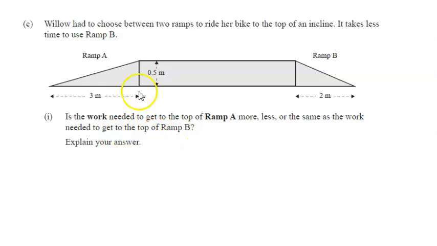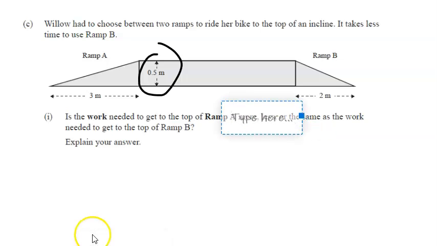Well, in both scenarios, we've got a 3-meter ramp and a 2-meter ramp. They both have the same vertical incline, so they both go up 0.5 meters. So because effectively the gravitational potential energy of the bike will be increased by the same amount in both cases, it doesn't matter which ramp you use, the same amount of work is required to lift the bike. So we'll say both the same amount of work